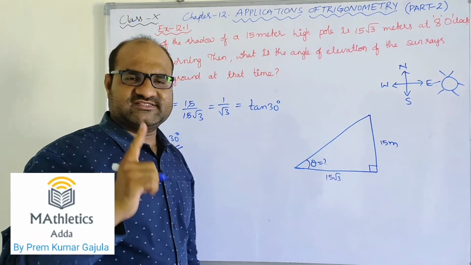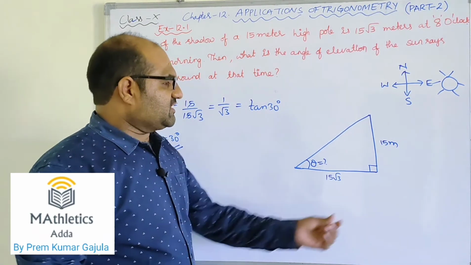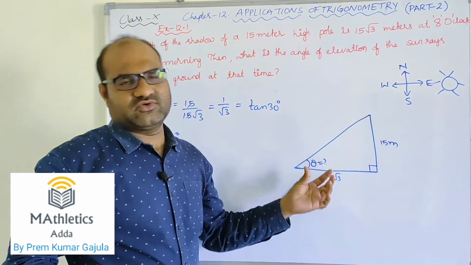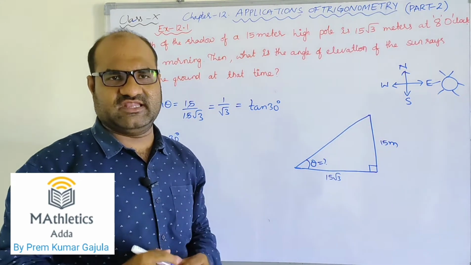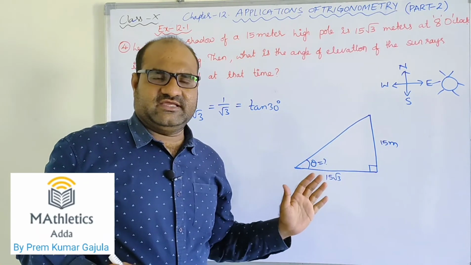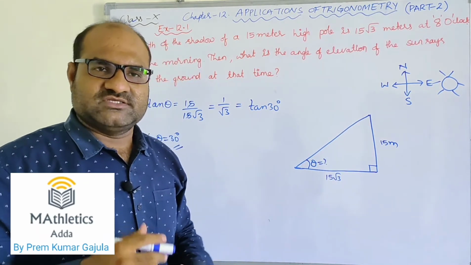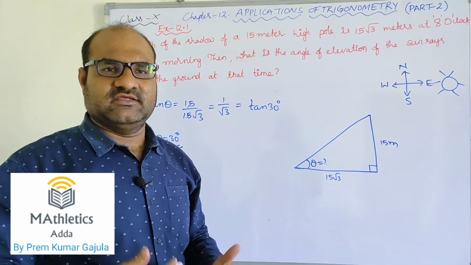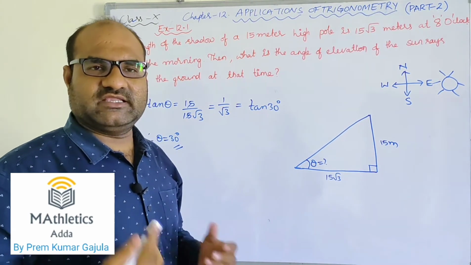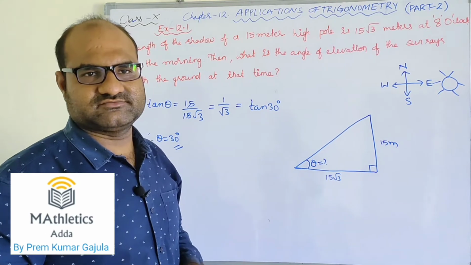And remember one thing, once again I am telling you, you can label with any name. Here you can take A, B, C, or you can take P, Q, R. I am not giving any names. I am just explaining what we have to find in a simple way, so that the students can use any method in your own way to solve this. You can take any letters to label this.